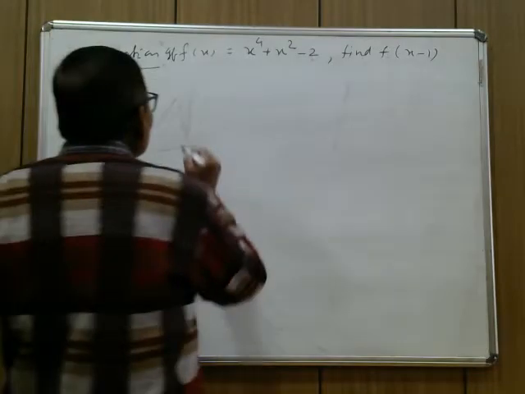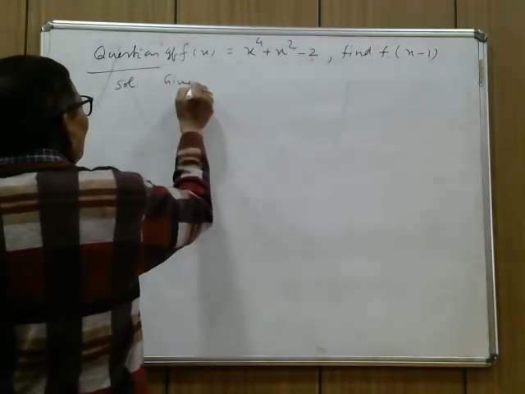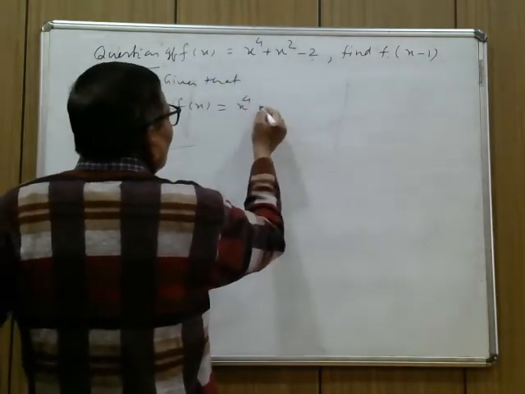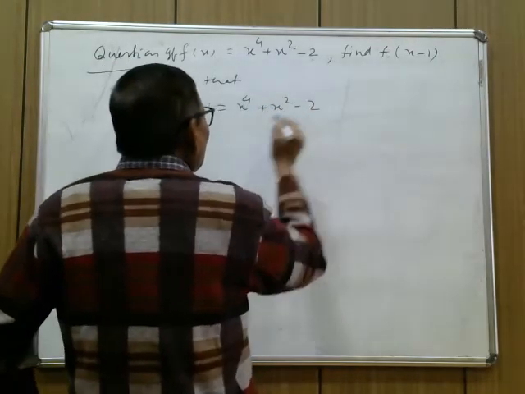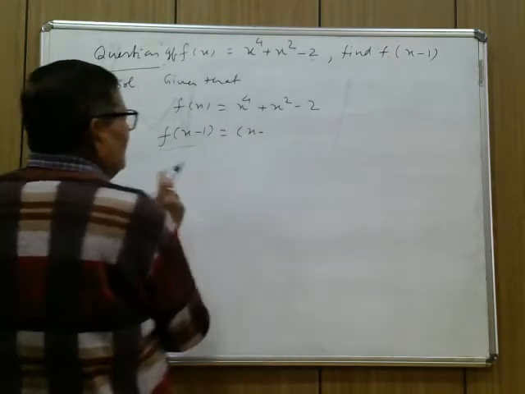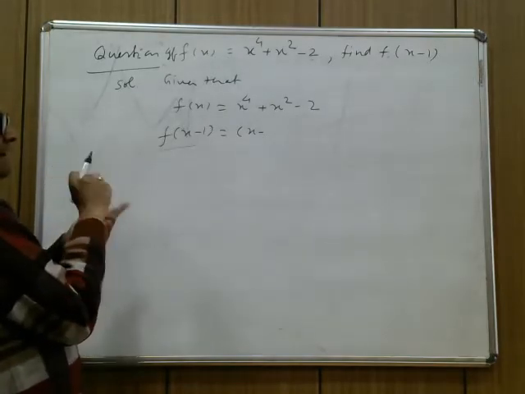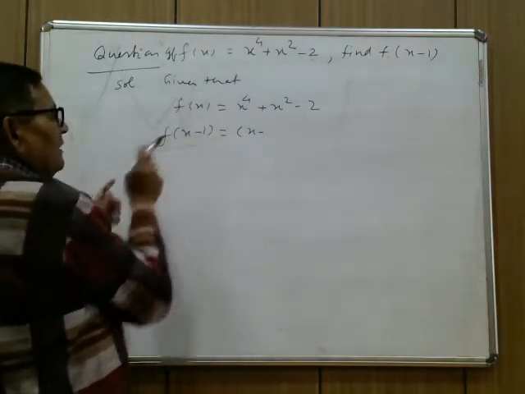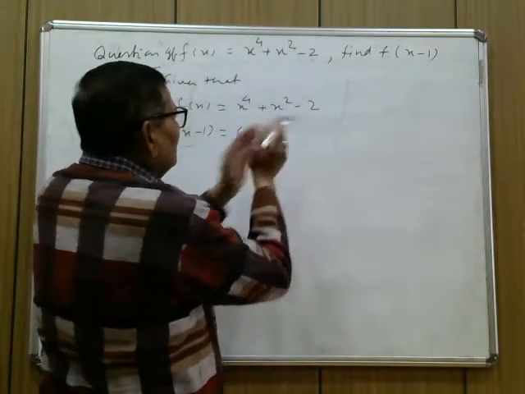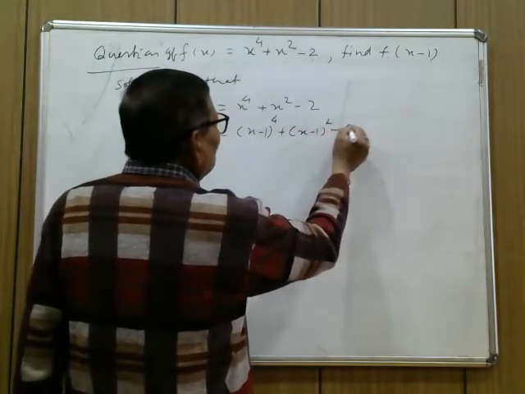So now in this case, when you write the solution, first of all you write down, given that f of x is equal to x to the power 4 plus x square minus 2, so f of x minus 1 is equal to, you are replacing just x by x minus 1. You replace x by x minus 1 on both sides. You write x minus 1 in place of it on the right hand side also. So it is x minus 1 to the power 4 plus x minus 1 to the power 2 minus 2,